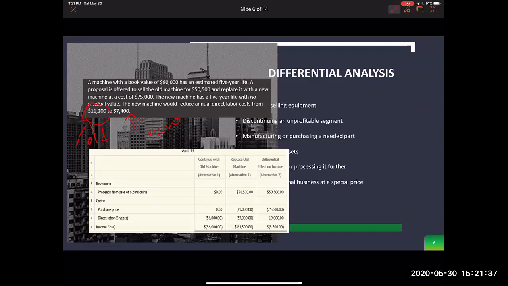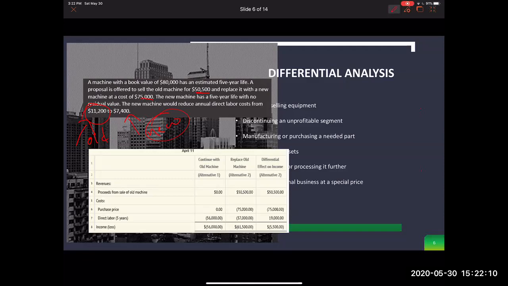Okay, and to replace the old machine, alternative number 2, we get these figures here, right? So the proposal is offered to sell the old machine at $50,500. So that would be the proceeds from the sale of it. And to purchase a new machine, it will be $75,000. And so then if we're looking at our direct labor, right, this represents our new machine, how it will reduce our direct labor costs. And so we would do $7,400 times the 5 and come up with the $37,000,